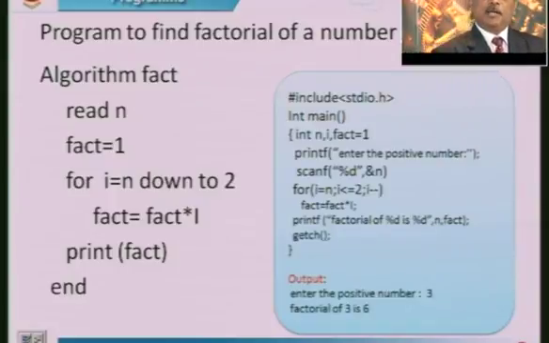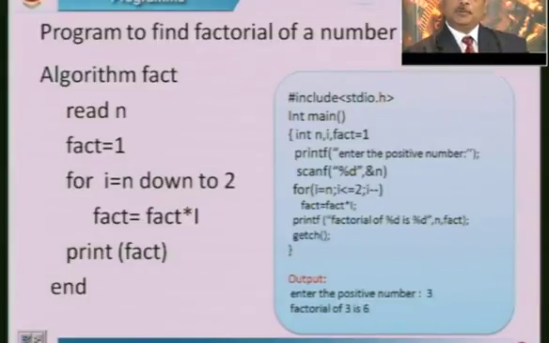This same program you can also write using a do while loop statement, a while statement, as well as a for loop. You can use forward, that is increment or decrement of your variable. Here you have shown it with a decrement variable. You know the factorial of a number n is defined as n into n minus 1, n minus 2, n minus 3, up to 1 or up to 2 if you do it, because when you multiply with the last one it is the same.